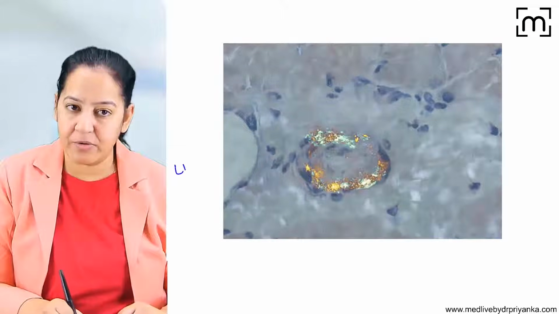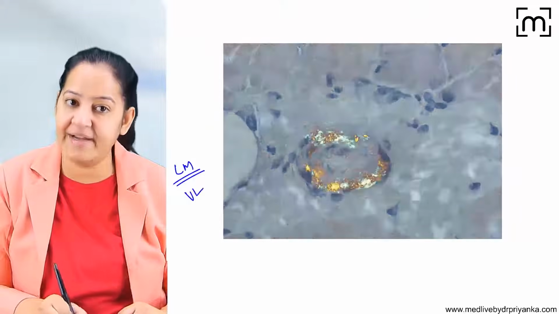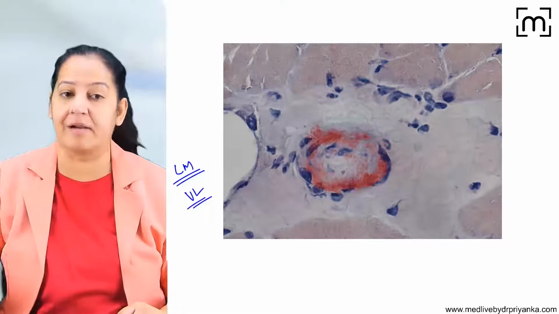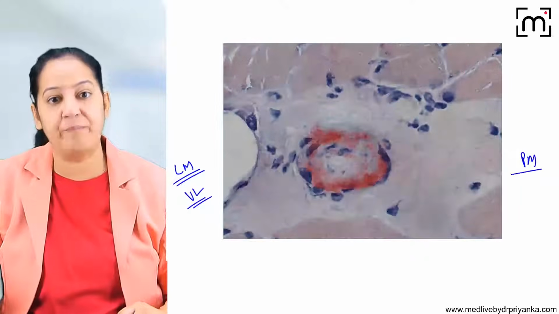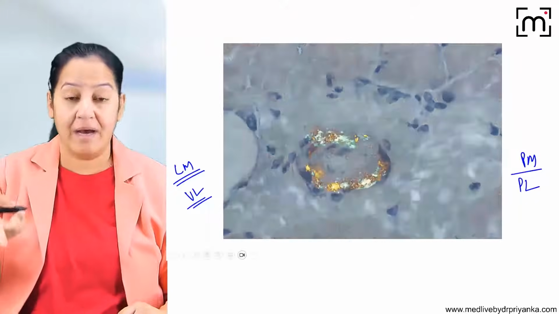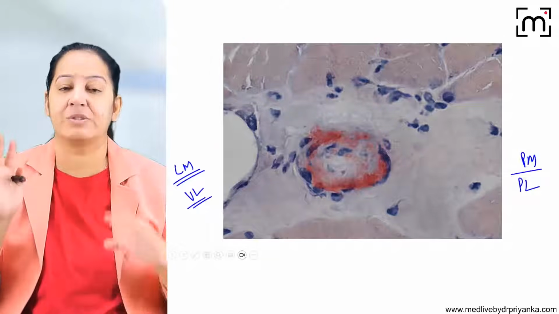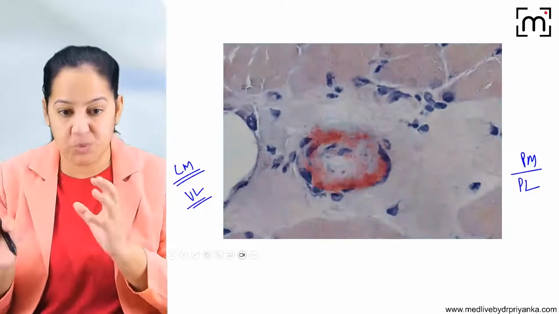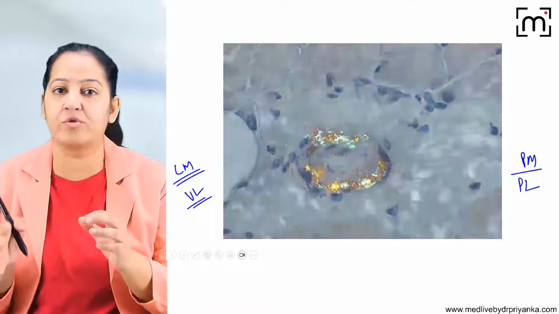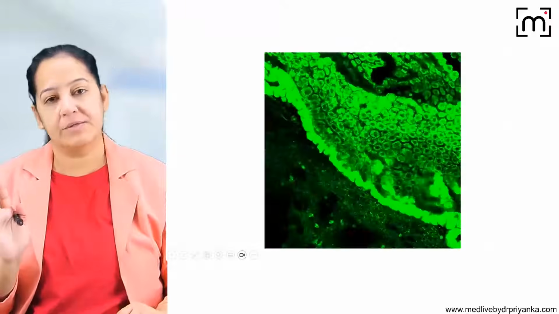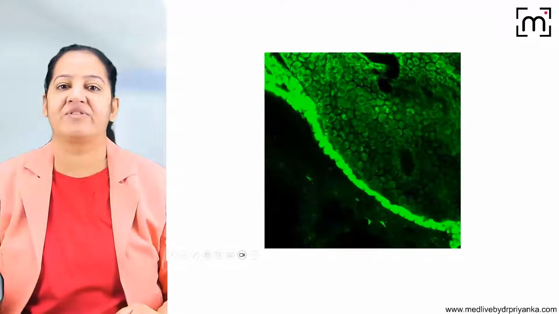So on light microscope, which contains visible light, the amyloid looks pink in color. And on polarized microscope, which contains polarized light, the amyloid looks apple green in color. It is the same slide which we are examining in two different microscopes, giving two different colors. So that is the thing. This is the apple green birefringence I'm talking about.